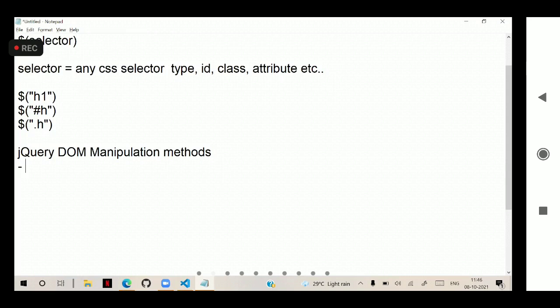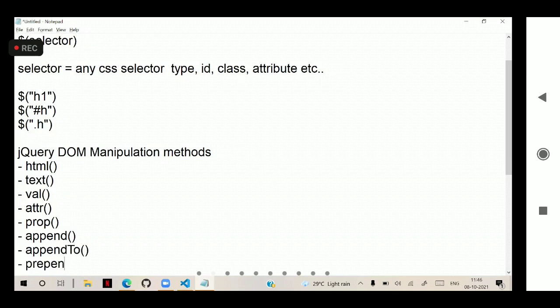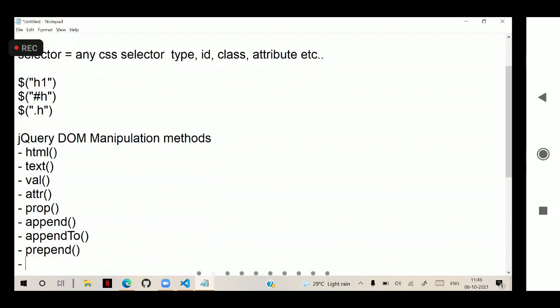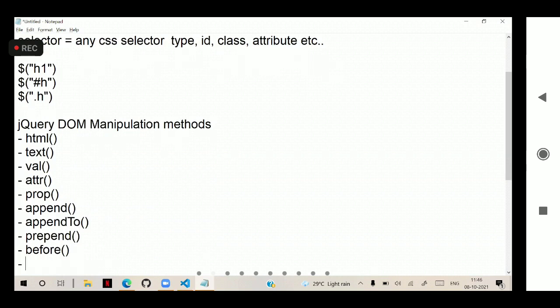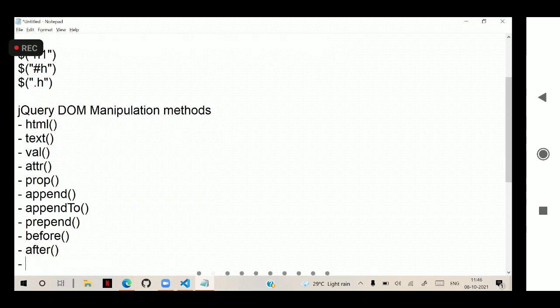We have HTML, we have text, we have val, we have attr, attribute, we have properties, we have append, append to, prepend, before, after, we have CSS,